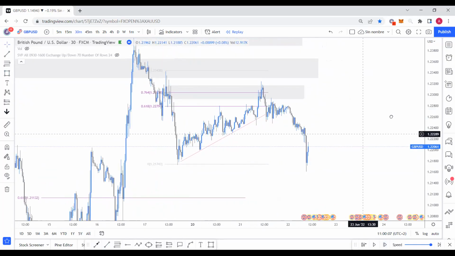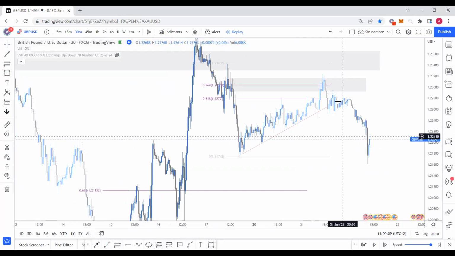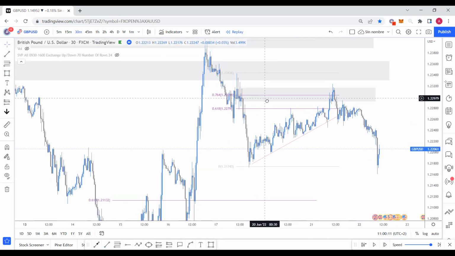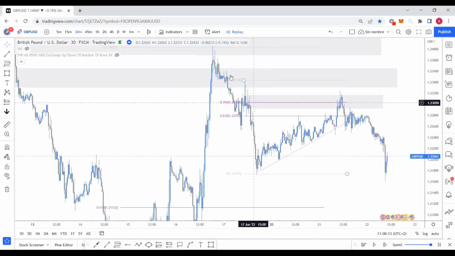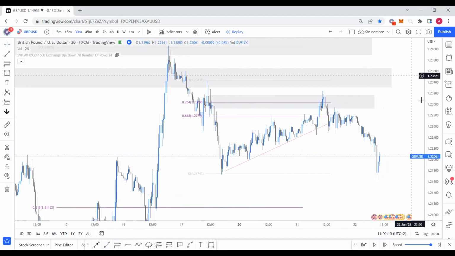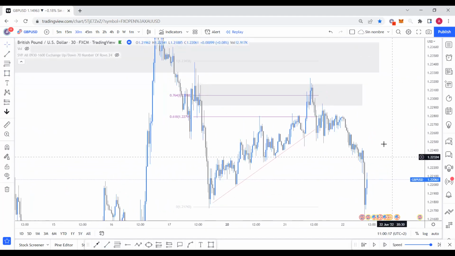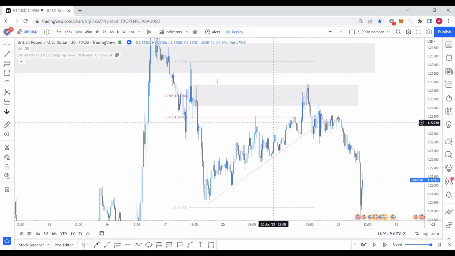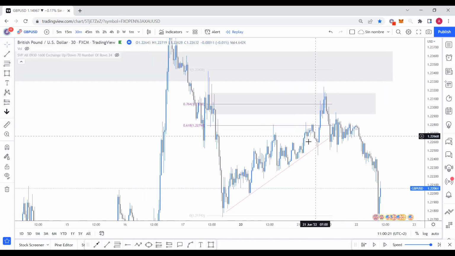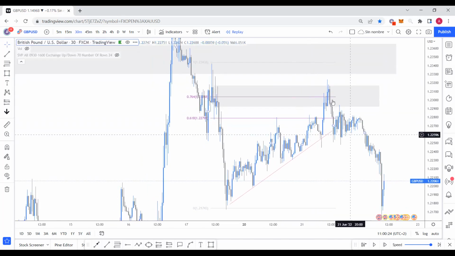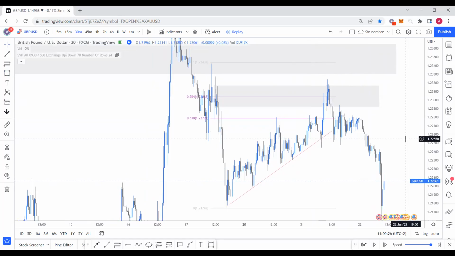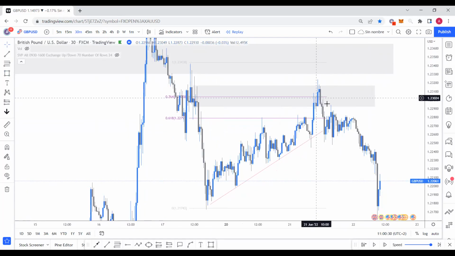Let me show you now the example. This would be again a perfect setup for us. If we look closely, it's getting a bit messy because I'm just trying to force examples, and the examples happen daily when looking at all of the time frames. But here we would have again a perfect setup. If we look closely as well, New York opening,